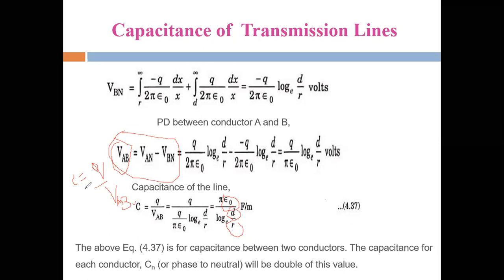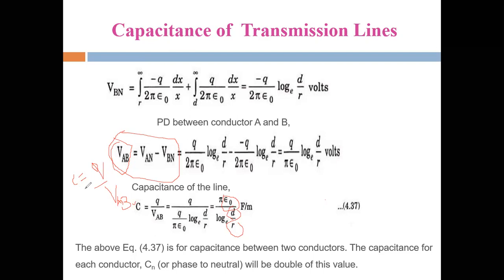We have capacitance in between each phase and the neutral point, that is R phase to the neutral point, Y phase to the neutral point, and also B phase to the neutral point. Then we calculate the capacitances for each and every phase of an overhead transmission line in the case of a three-phase transmission system. This is the overall capacitance calculation in the transmission line parameters.